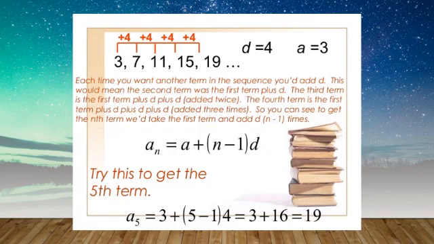Alright, if we are talking about the general form of writing the AP, this is the formula that you can see on the screen. a_n is equal to a plus (n minus 1) into d. If I keep the value of n as 1, I'll get the first term, that is 3. If I'm keeping the value of n as 2, I'll get the second term as 7. If I keep the value of n as 3 in this formula, I'll get my third term, which is 11. You can try for yourself.